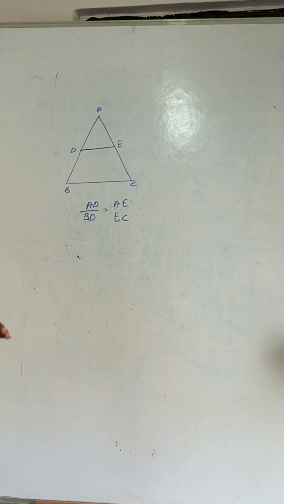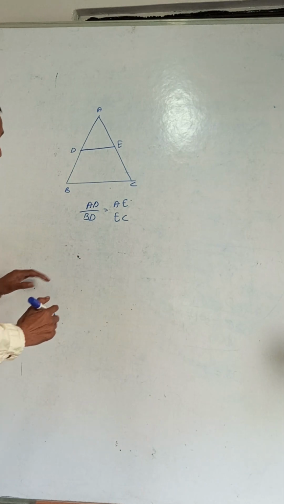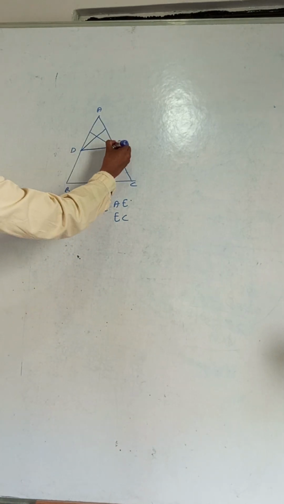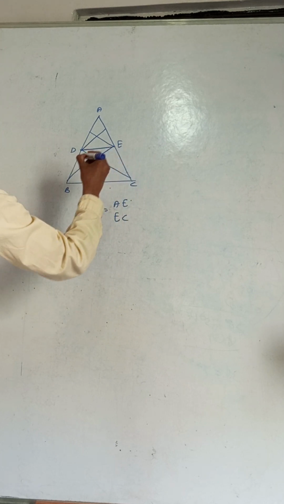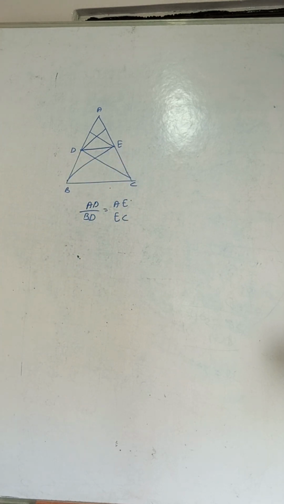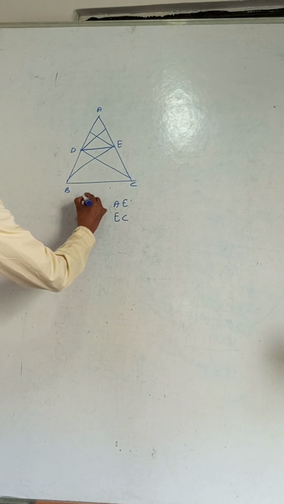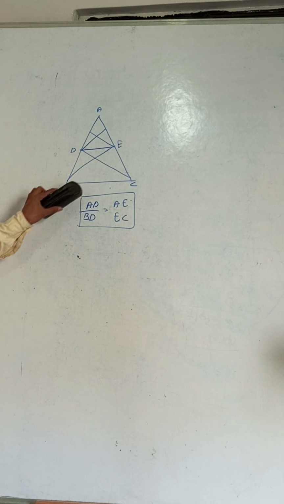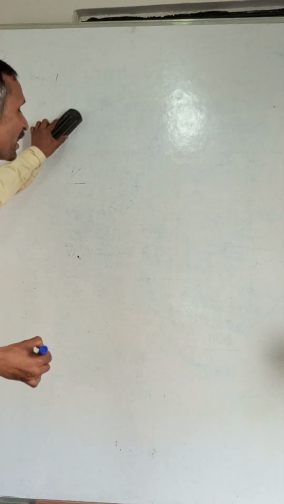It is given as a theorem in your book, in the NCERT textbook for 10th standard. There you have to draw the perpendiculars, joining here, and then it is proved. That will come next time, when the question comes, at that time. So it is divided. This is called the basic proportionality theorem. AD by BD is equal to AE by EC. So what is that? If a line is drawn parallel to another side of a triangle, it divides the sides in proportion.